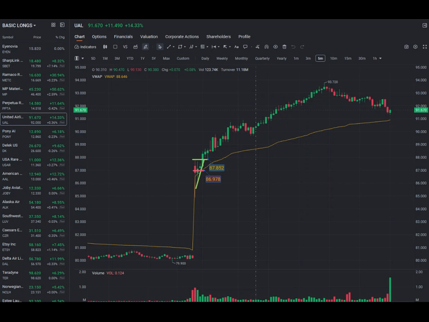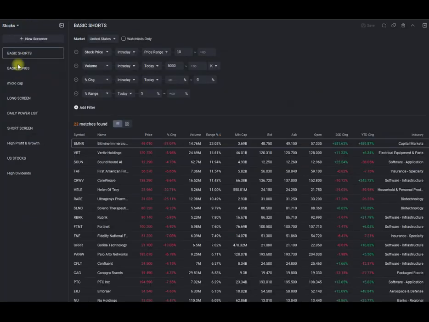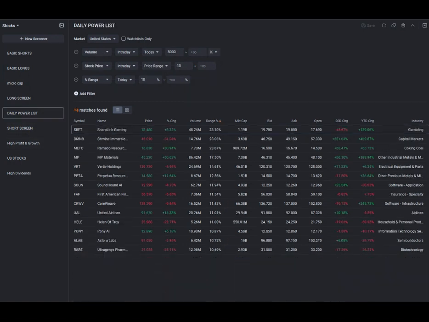because airlines were the best place to look for a trade early on. Okay, so what's the second place where you look for a trade? The second place where we want to go and look for a trade is the material sector. And obviously we have our daily power list, and